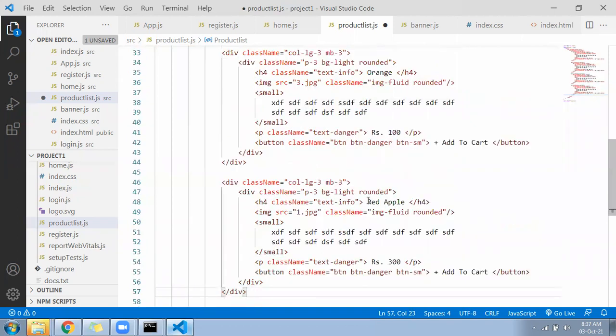Next we call banana, hello banana, 60 rupees kg, 4.jpg. So you copy paste 4 times and change according to your wish.